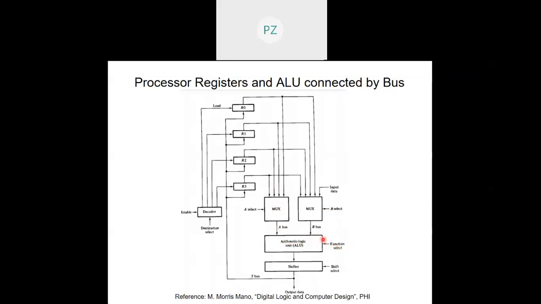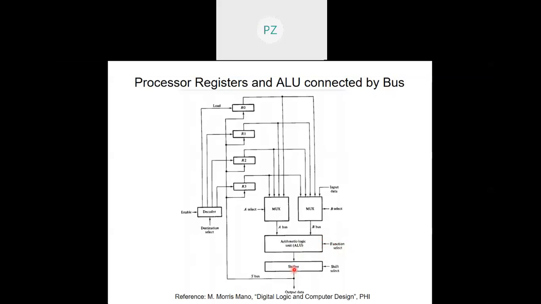Now I must have a few control lines for controlling the functions that take place in the arithmetic logic unit, like whether I want to do addition or subtraction. Suppose I want to do addition with carry or subtraction with borrow, or I can just take a simple transfer of bus A without modifying it, or I can have incrementation, decrementation, all those different arithmetic functions, and also logic functions like ORing, ANDing, exclusive OR, or simply a complement function. All those will happen depending on the function select lines.